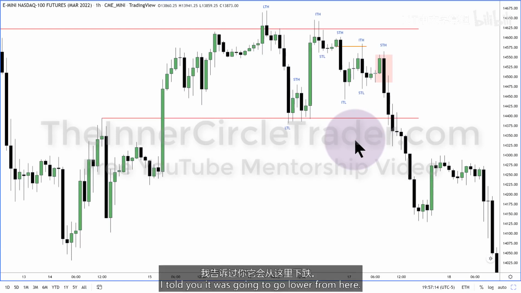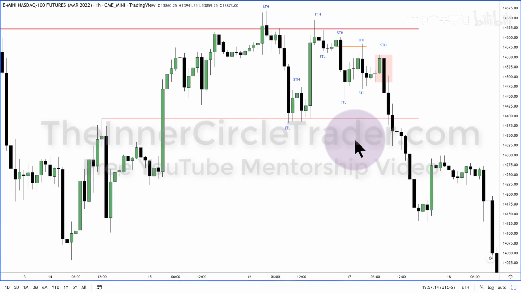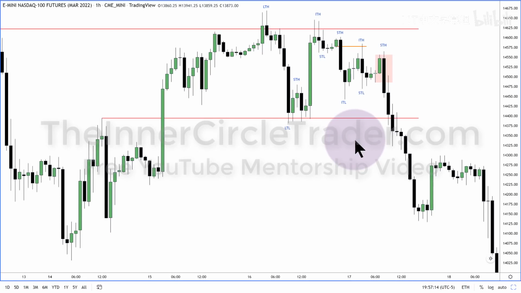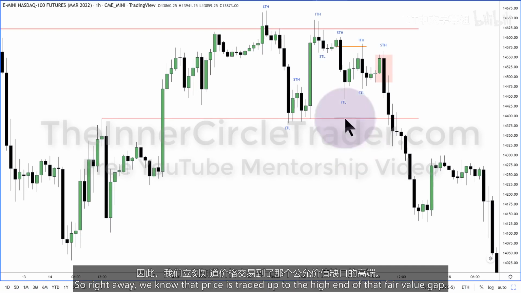I told you it was going to go lower from here, and it did. Now I'm going to take you inside that price action and outline what it is that I look for, what it is that I looked for at the time, and how I felt confident it was going to go lower. Okay. So right away, we know that price has traded up to the high end of that fair value